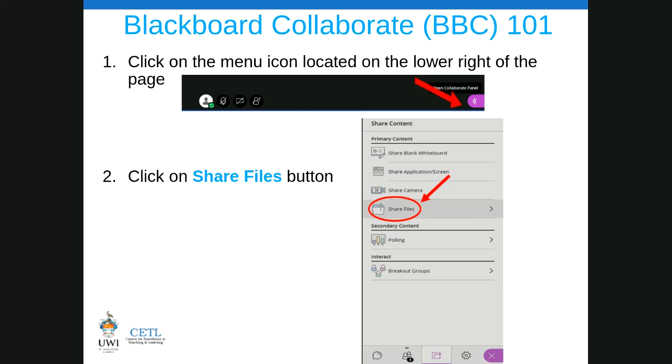But if it's a document of some sort, a PDF, and the text might be very small, you see that little magnifying glass on the top left side? If you click on it, it opens the menu to a plus or minus sign. When you click on the plus sign, it magnifies the document, whatever it is, if it's an image, PowerPoint, or PDF. So it makes it a little easier to read. And of course, if it's too large, then you can do the reverse.